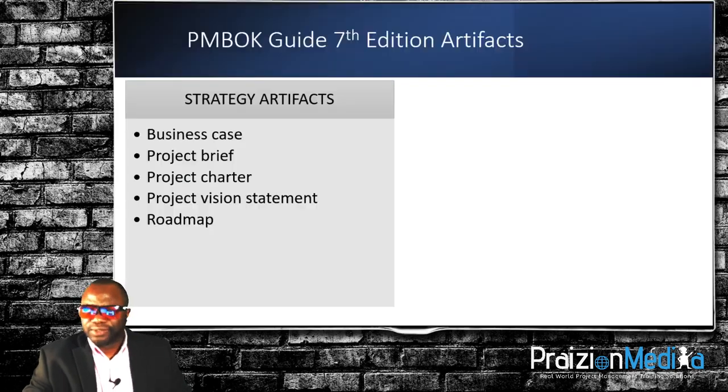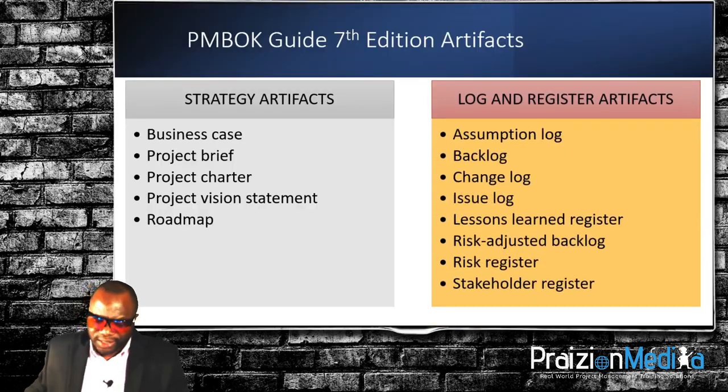Logs and registers, the very first one here is the assumption log. What is an assumption? Assumption is a factor that is considered to be true, real, or certain without proof. We also have a log of constraints. A constraint is a factor that limits the project team's options. Together, we want to collect all of these, and we want to put these together in what we call an